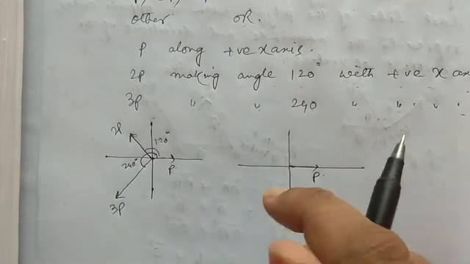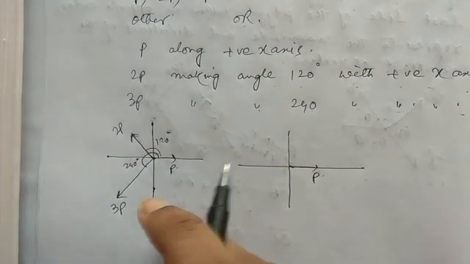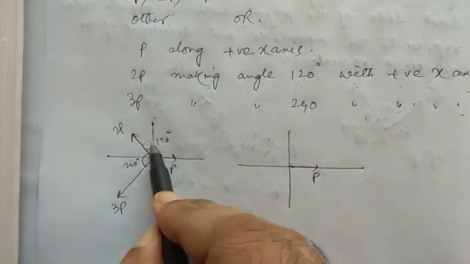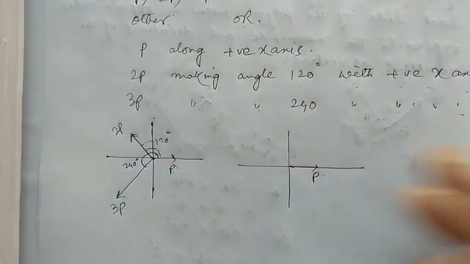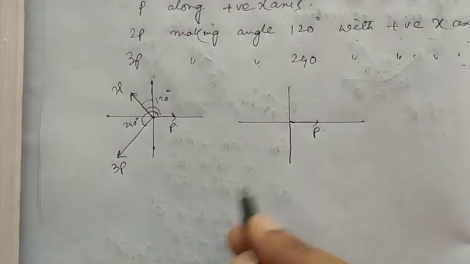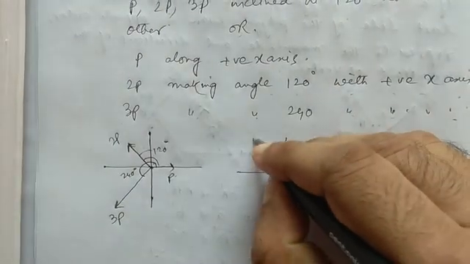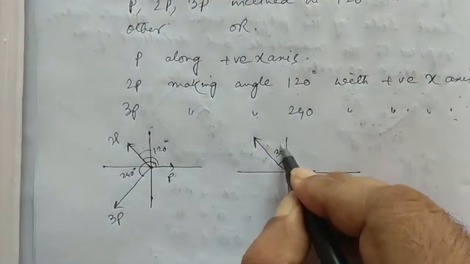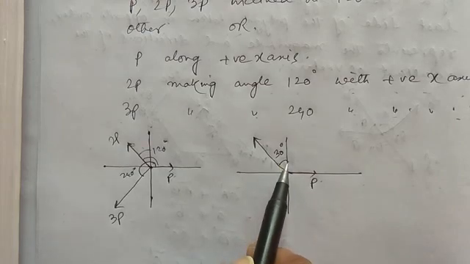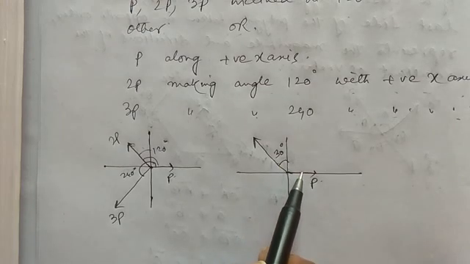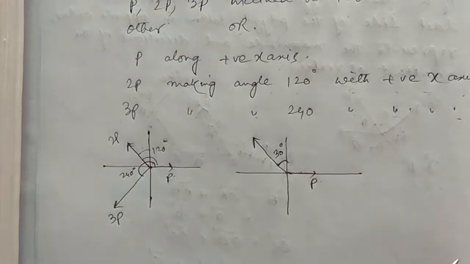Now we can do this problem in two ways. Either we take the angle as 120 degrees or we take the angle as only 30 degrees, less than 90 degrees. I'm going to show you both the procedures. First we take 2P. We take this angle as 30 degrees. I'm making an angle of 120 with the positive x-axis and subtracting 90 from it, we get 30 degrees. That is, we are trying to get an angle which is less than 90 degrees.